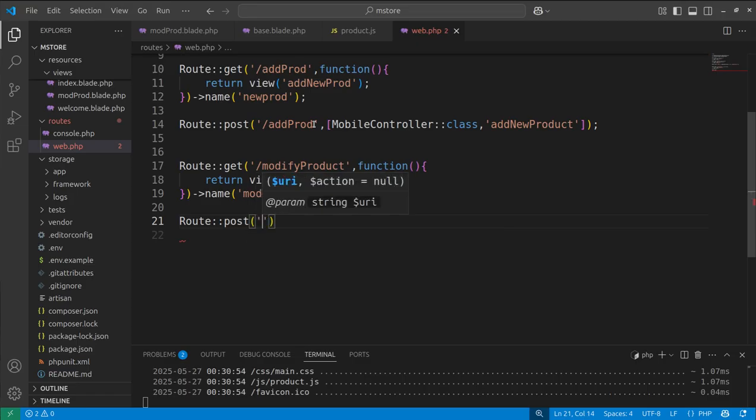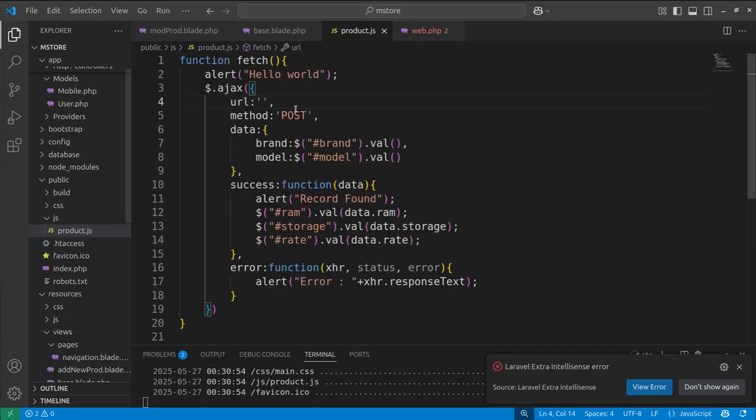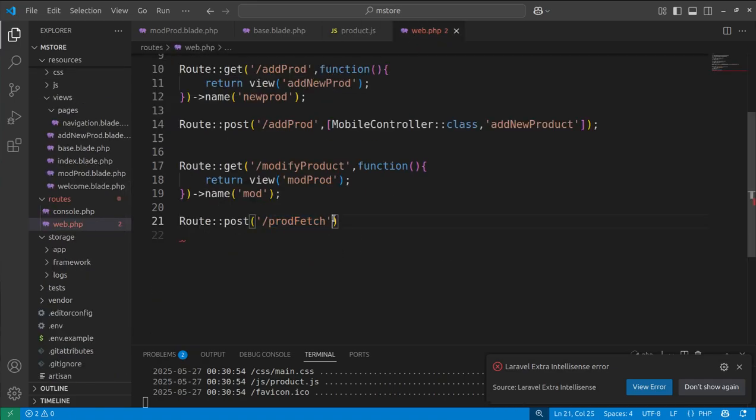Let's say we want the name of that route as fetch product or prod fetch. So let's copy this route name and paste it over here. This is the route, but you're going to get the data